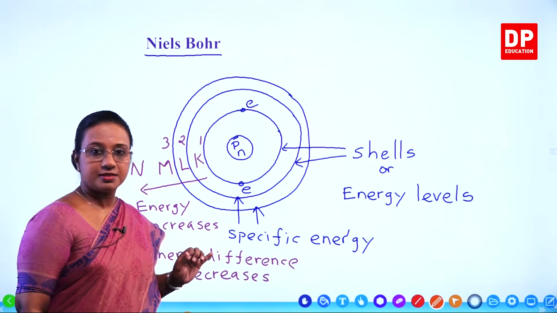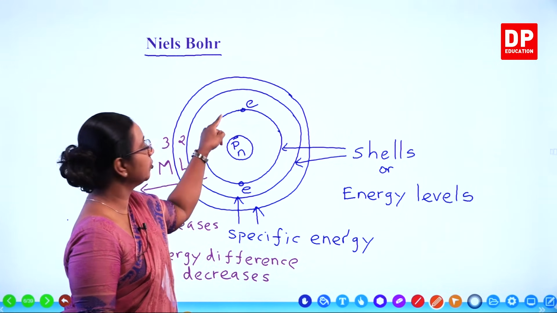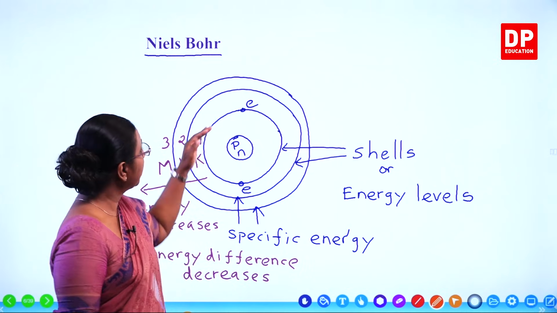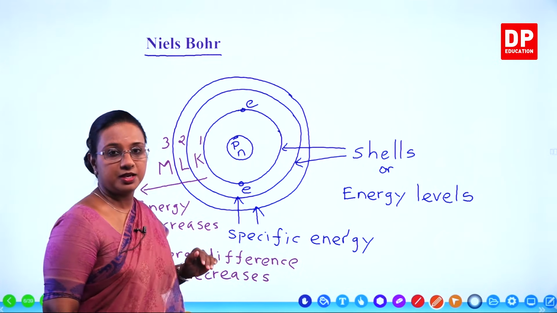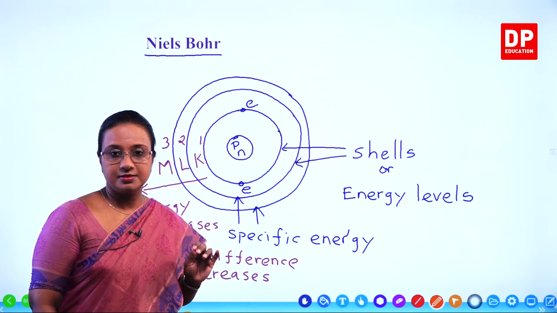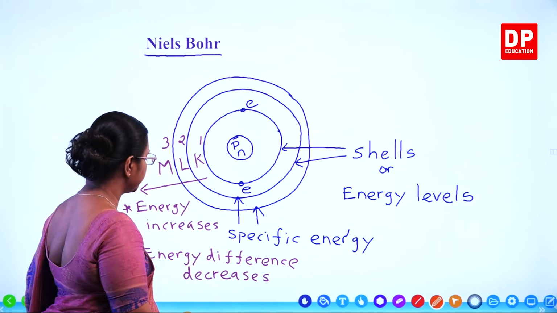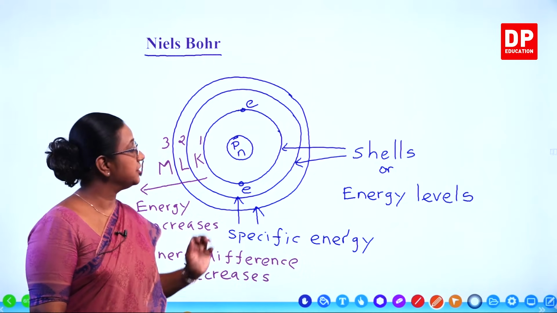That is the reason why there is more space between the nucleus and the first shell, but as you go away from the nucleus, the space between the shells decreases, because it shows us the relationship between the energy of